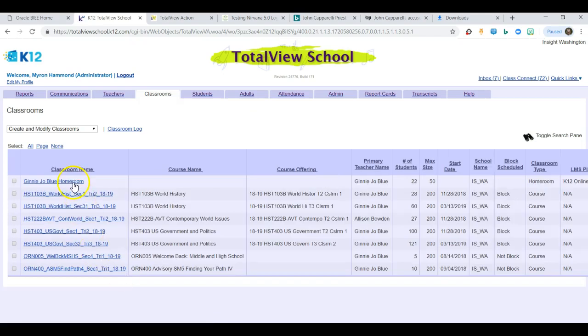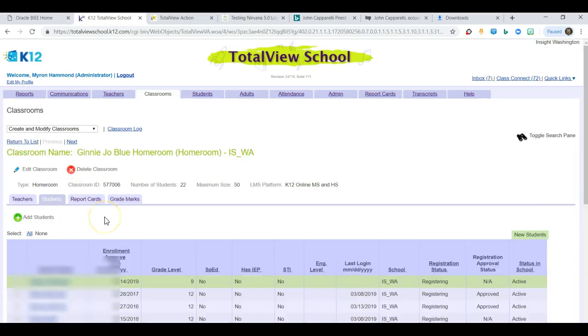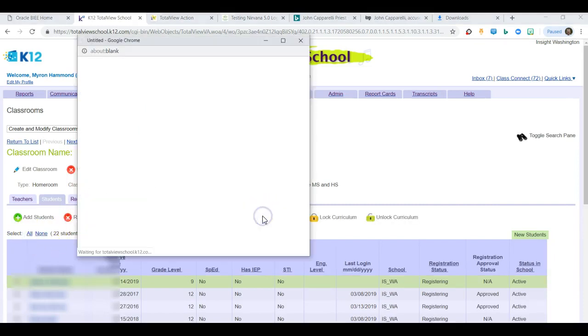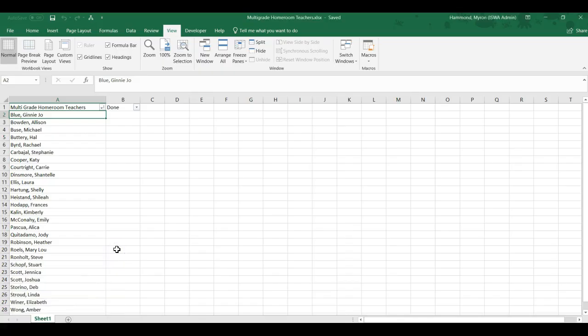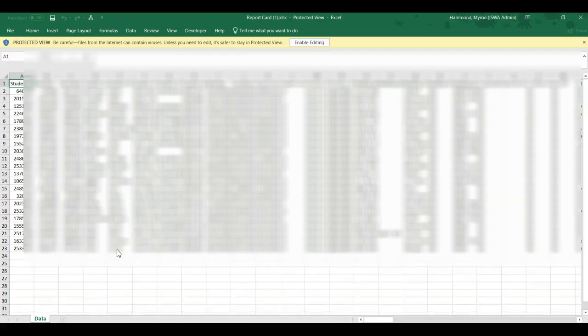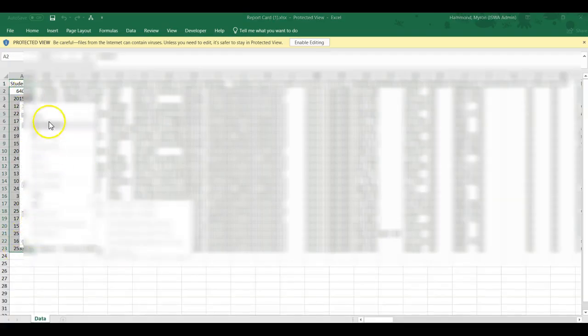The very first thing I want to do is go into her homeroom, and I just want to get a list of all of the homeroom kids that she has. So I'm going to select all, and I'm going to hit Report Card Export. This gives me a data file that goes a little bit quicker than the Classroom Export tool, and here's all my ID numbers, right? So I'm going to copy all these ID numbers to my clipboard,